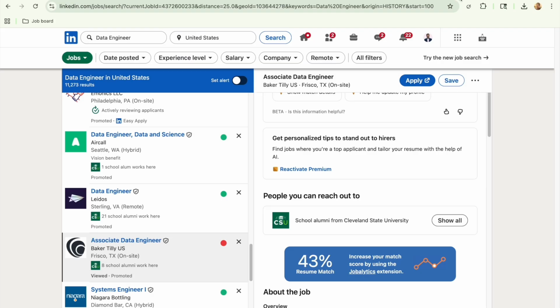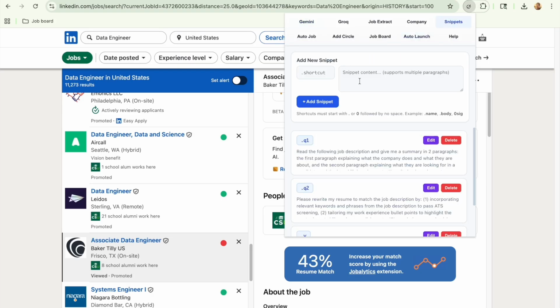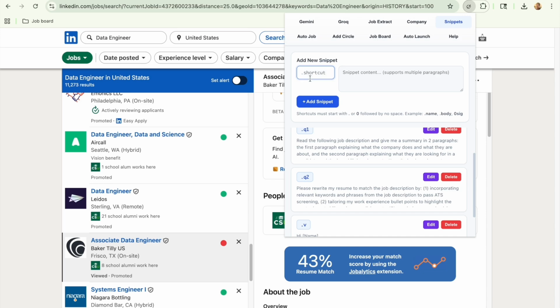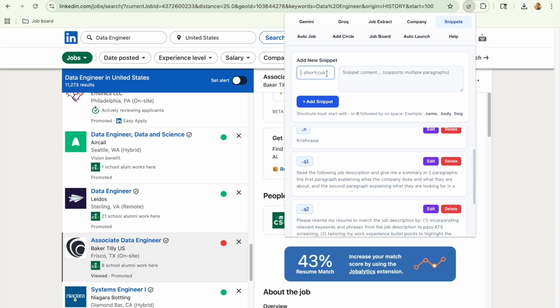And then going to another feature, which is snippets. Snippet is much more like creating prompts, creating templates, creating autofill job boards. Like for example, if I say .n for name, I will put my name up here. And .e for my email, and also it has dot as a starting call key and also 0 as a starting call key. Some job application portals you need to put your phone number where they are not allowing you to put the dot. So that's the reason I have this shortcut especially for the phone number. I will put .00 or I will put .07 since my phone number starts with 7. So I will put my phone number